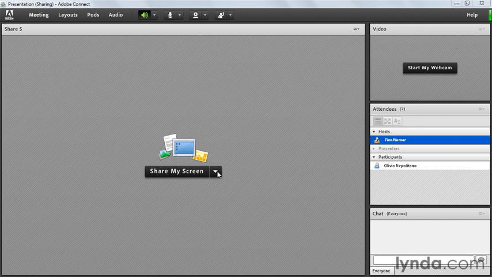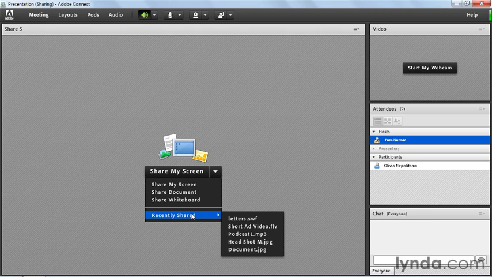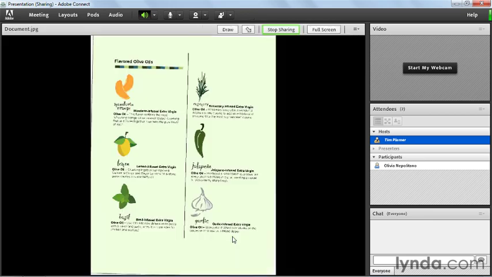For example, if in a SharePod I select the little down arrow here, one of the options that I have is recently shared. The reason I can select from among my recently shared objects is because those objects are actually sitting on the server. So if I want to open up this document, I can select it. It will pop into the SharePod and I can present. Again, that's really handy because I don't have to be on any particular computer to be able to present this